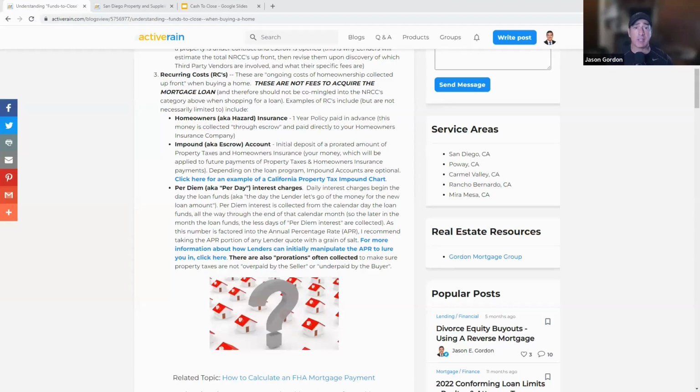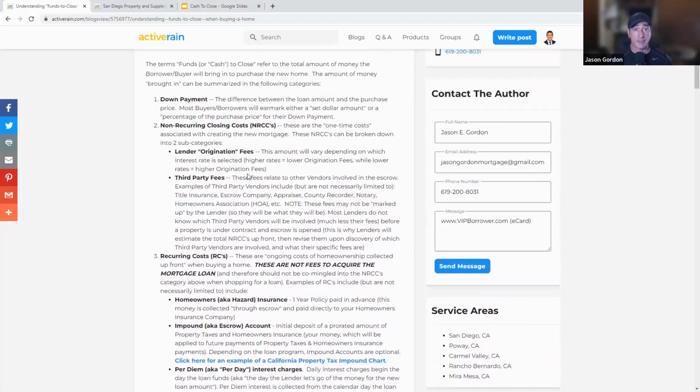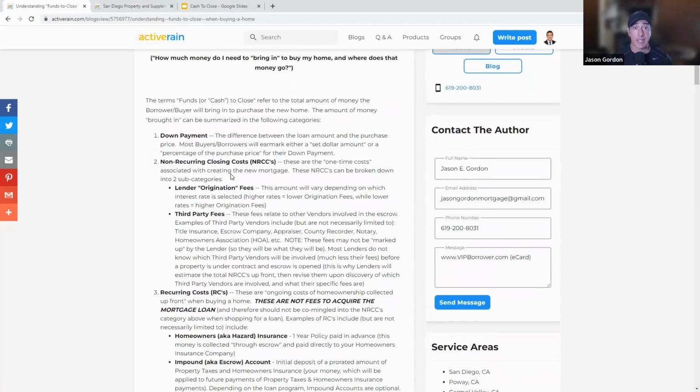And last but not least, there may be some prorations that are calculated if indeed the seller has paid in advance for property taxes, HOA dues, and maybe other types of assessments. Just know that the escrow officer will work in harmony with the lender to make sure that these numbers balance to the penny. So with all that in mind, this is an example of what goes into your cash to